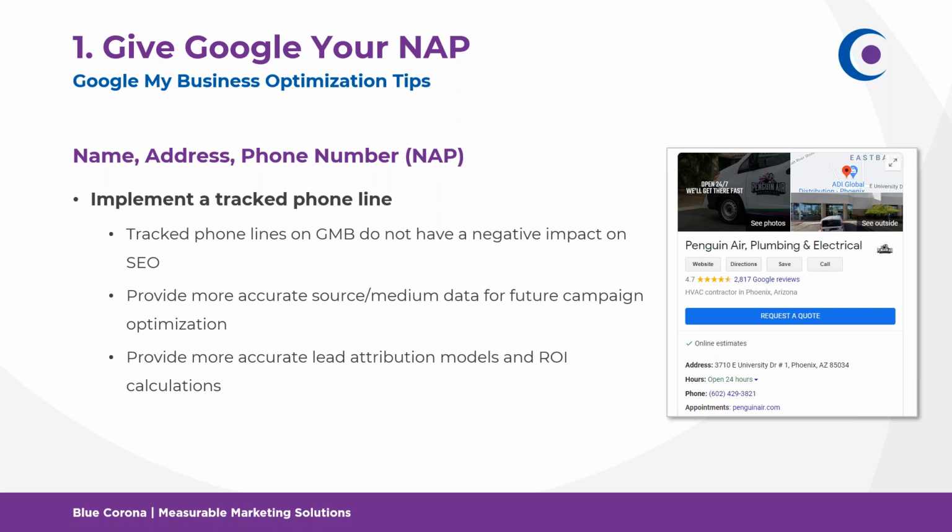What that means is that you're going to have more accurate data to say what channels are working. Is Google My Business working? Is my SEO campaign working to generate more calls for me? And be able to revise or track, test, and tweak your campaigns for future optimizations and for better performance long into the future. And it can also, more down funnel from that, lead to just more accurate lead attribution models